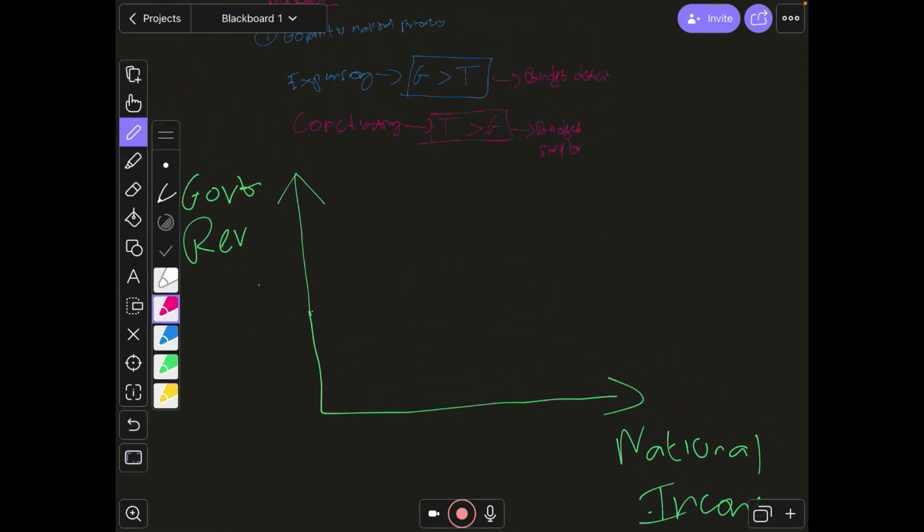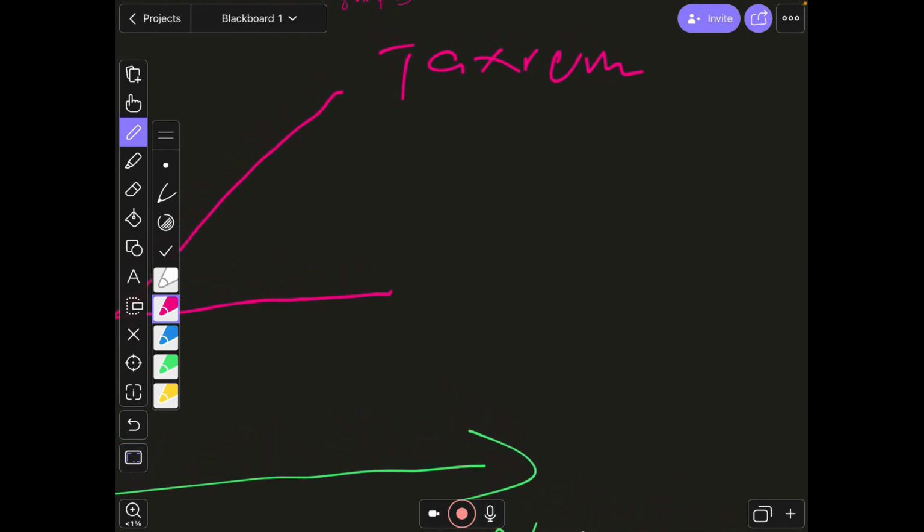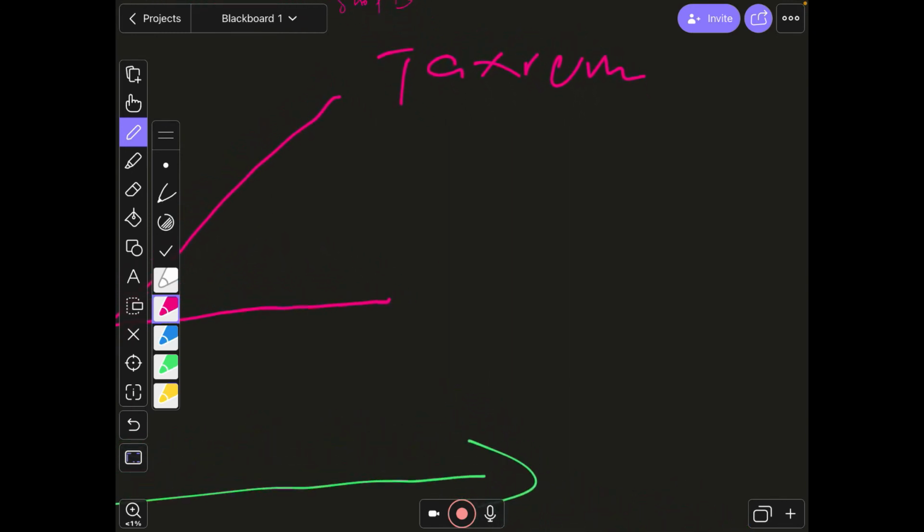And we can draw a straight line representing tax revenue. This is tax revenue, and this horizontal line, since the government's expenditure is more or less going to remain the same with relation to the national income, is going to become something like this: government expenditure,